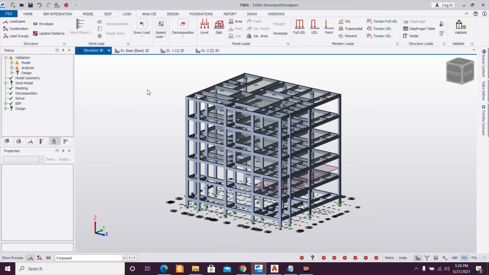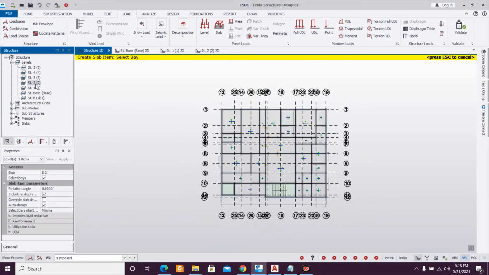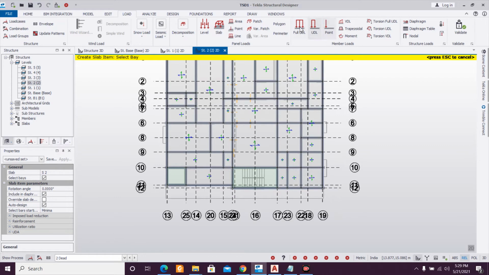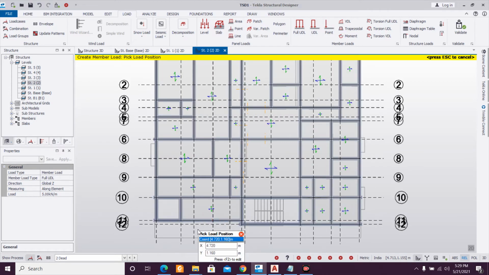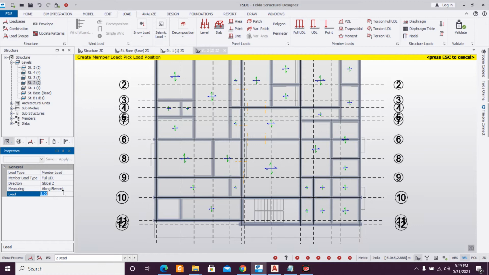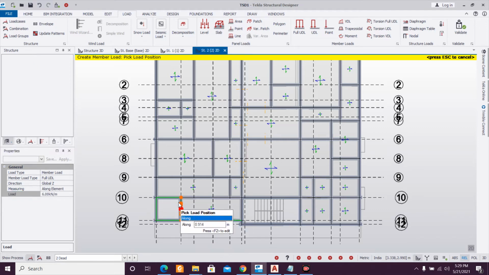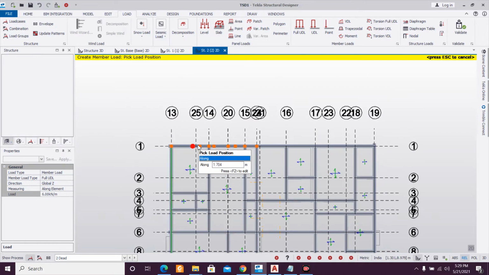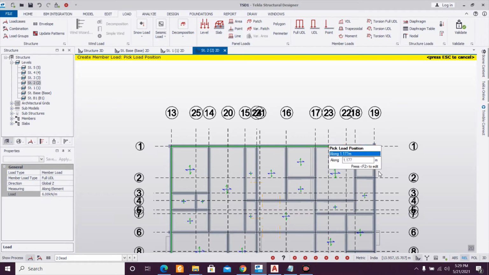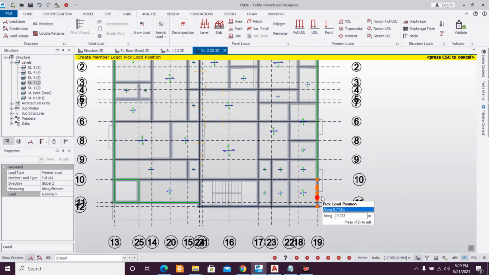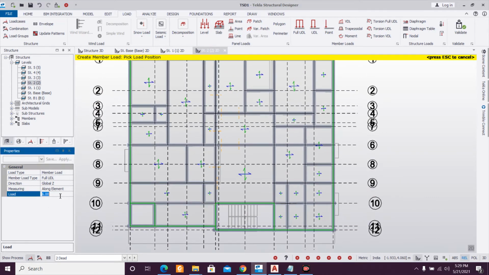Now go to the next level, structure 2, dead load first, full UDL, and after clicking the full UDL, you'll just go for your 6 first. After 6, let's go to 3.